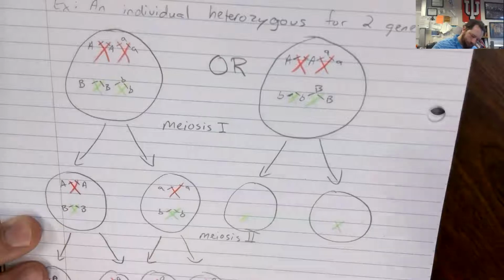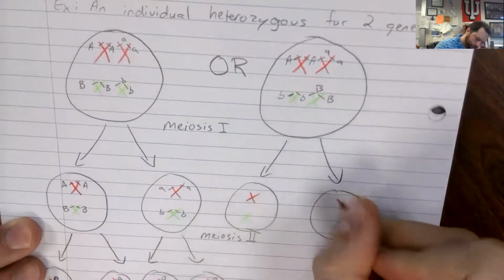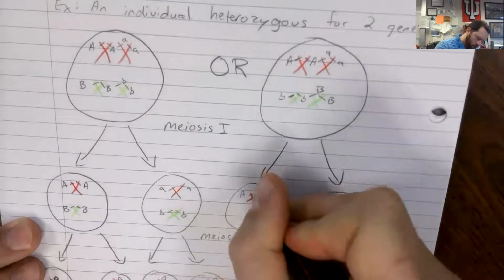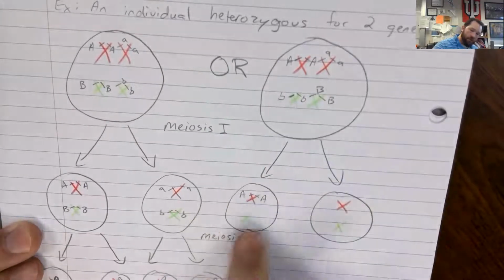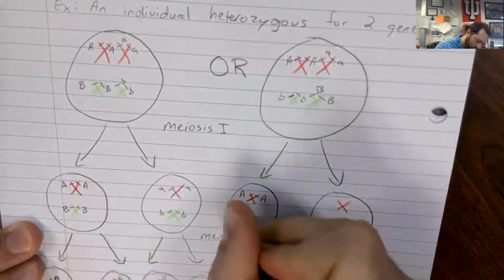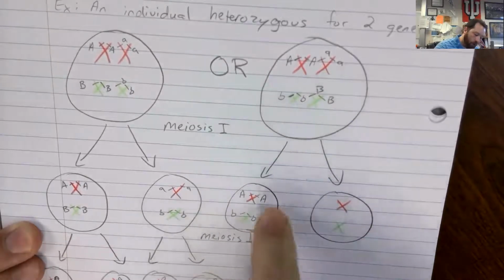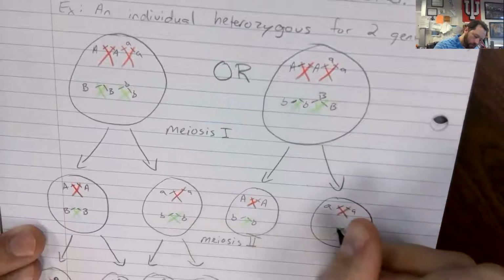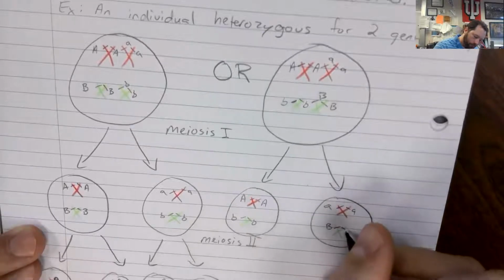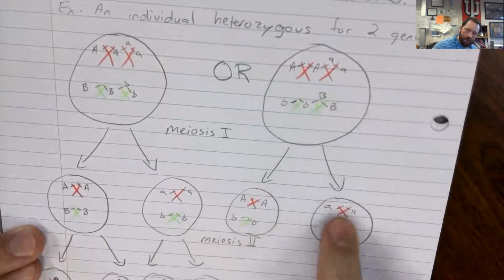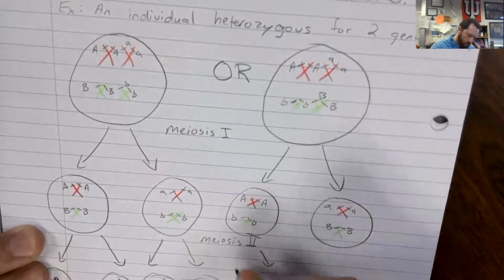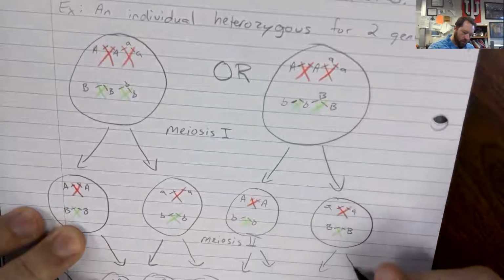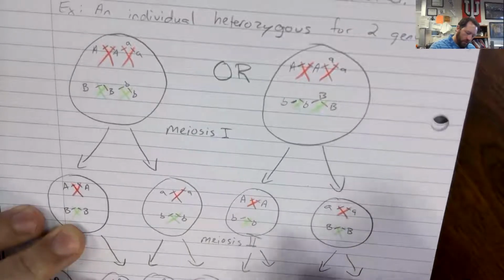So we can already see we've now separated our chromosomes to have one dominant and one recessive. One dominant and one recessive. So when we go through meiosis 2 then, and we form these gametes,